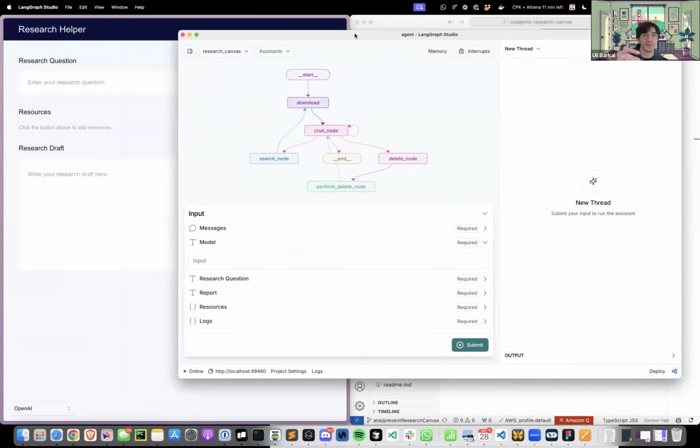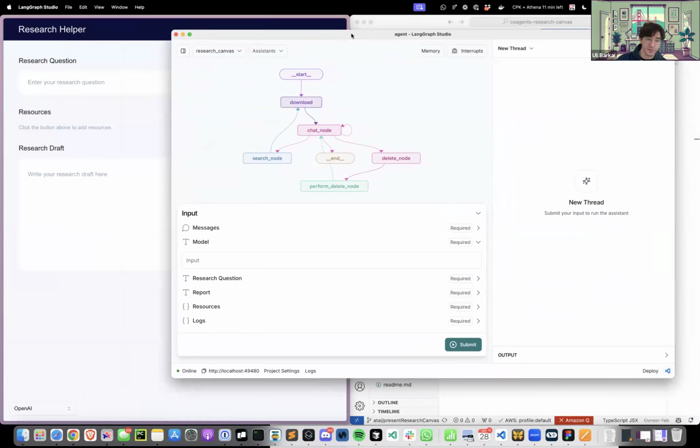Like, set up some structure for how the research should be conducted, and you didn't have to prompt it in the chat to the agent. The agent was just aware of the structure that you laid out and of the question. And yeah, that's both directions. Yeah. And so at the root of the application is this LangGraph agent, which is pretty